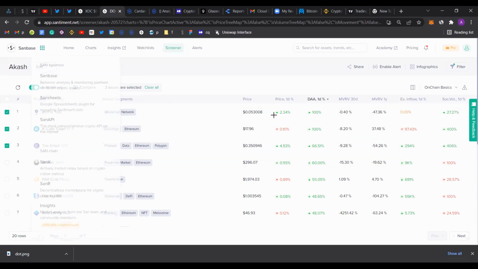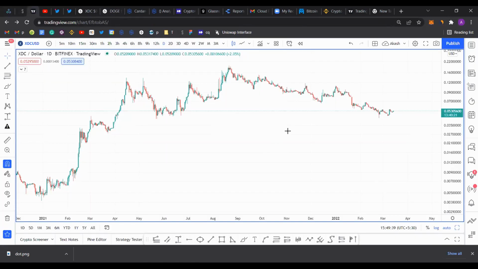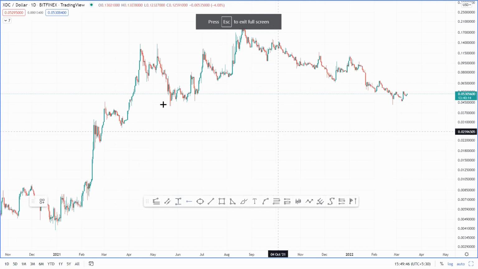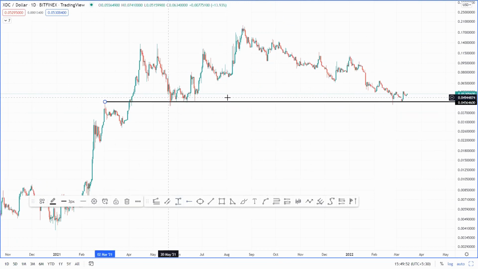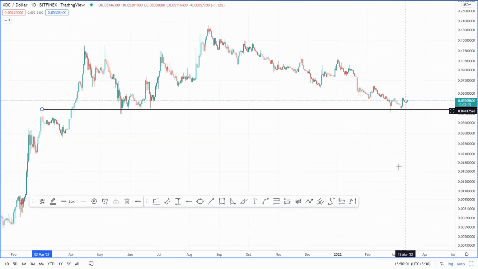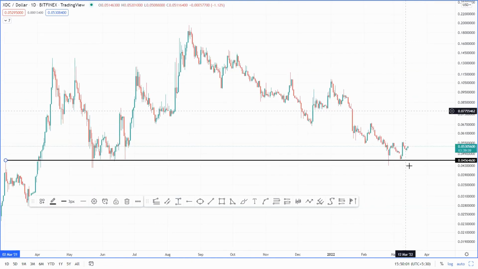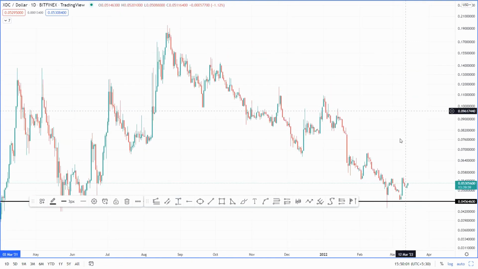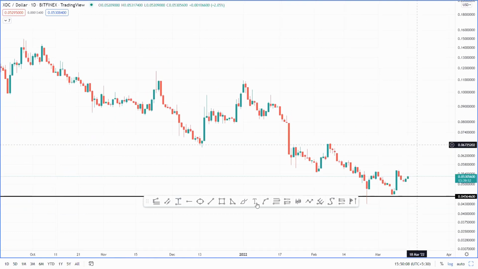So XDC, we opened it on Bitfinex and we're on the 1-day time frame, right? If you look at where it is right now, it's a good support level, and the last few times the price came here, it bounced off of it, and none of the daily candlesticks closed below it. So this seems like a really good place for the price to reverse, and so far the price is right at 19% and it's pulled back quite a bit. So if you take a look at it from the 4-hour time frame, what I would do